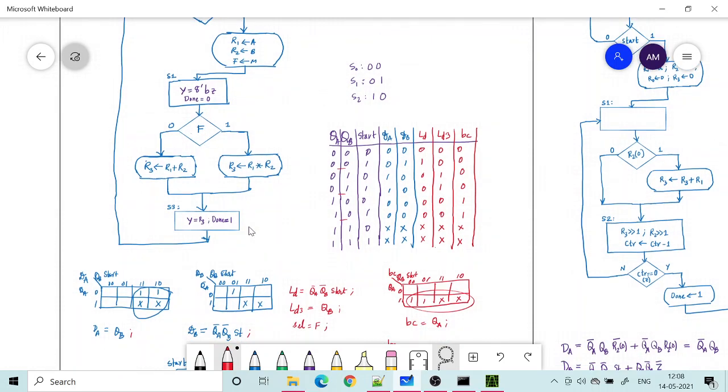Okay, so where is it getting loaded? We generate the control signal and we can ensure that it is already loaded when we reach S3. So since at S3 it is already loaded, I can now issue the signal for enabling the buffer. So I enable the buffer to show the content of R3 at S3.